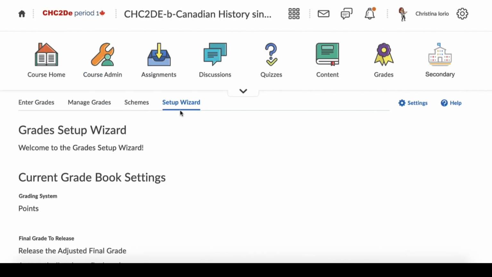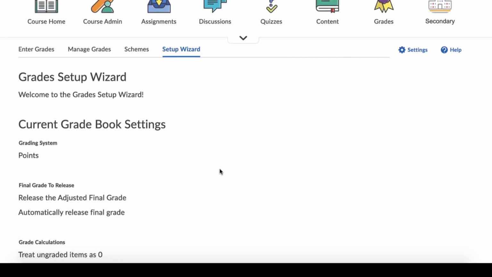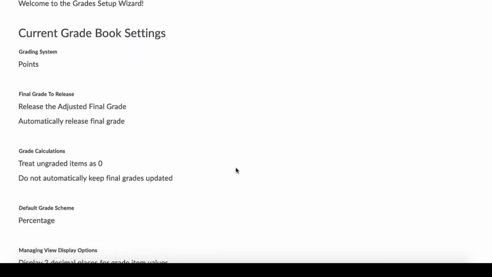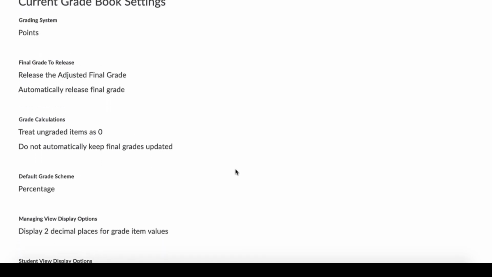So if you want to set up your grade book, you're going to go to Setup Wizard. To be honest, years ago, I did the Setup Wizard following one of my colleagues' setup, and I just copy that original template ever since. So what I'm going to do is I'm just going to show you what I have set up, and if you want to follow this, by all means, feel free to pause the video at the various points and just